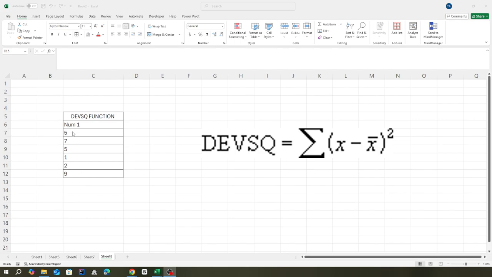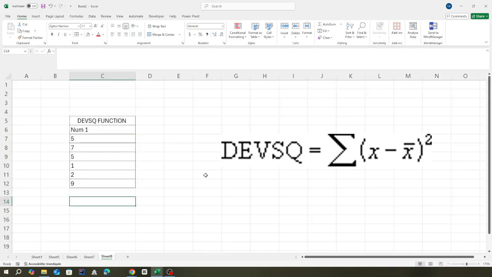So this is why we're going to use this little table right here, and we are going to calculate the sum of squares of deviation of the following numbers. So how exactly does this function work? It's pretty simple. We simply start by writing down equal, and then we can write down DEVSQ, and